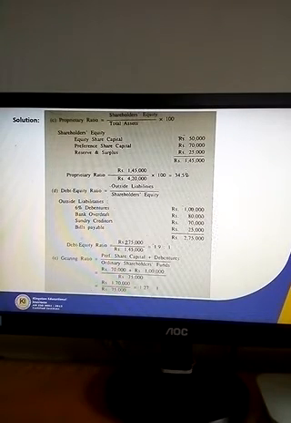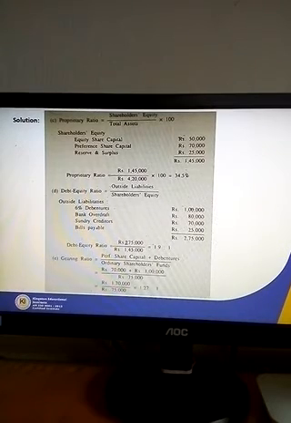Okay. Next is debt equity ratio. Outside liabilities by shareholders equity, means how much shareholders has given and how much we got from outside. Outside liabilities means 6% debentures, bank overdraft, sundry creditors and bills payable. These are outside to the organization. Capital is inside to the organization, these are outside to the organization. So you just add up 2,75,000 divided by shareholders equity. You know that shareholders equity is 1,45,000. So the ratio is there.